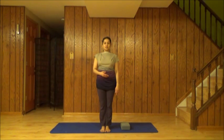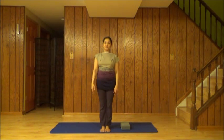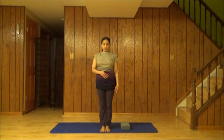You can use these joints and glands exercises as a warm-up for your regular yoga practice, or you can just practice these by themselves to feel rejuvenated from top to bottom, no matter what time of the day it is. So to begin with, stand tall, keeping your stomach engaged, back is straight, and feet are firmly planted on the